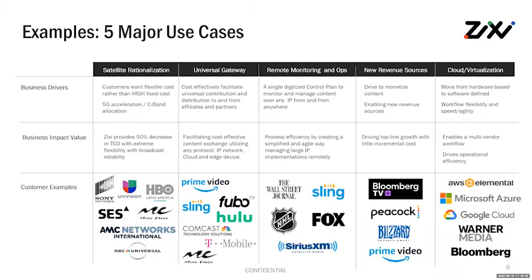There's also the concept of a universal gateway, which is to have a universal way to originate content, a universal way to aggregate content, and a universal way to distribute content. And this is typically facilitating the cost-effective kind of content exchange concept. And we do that for Prime Video, where they aggregate many streams via Zixi into the Prime Video platform. Same with Fubo,